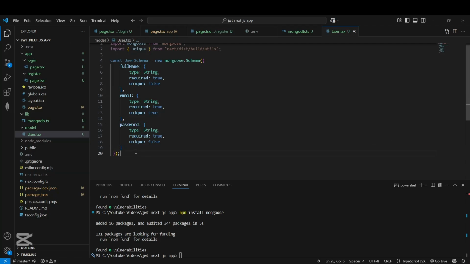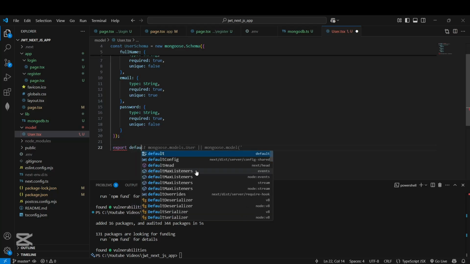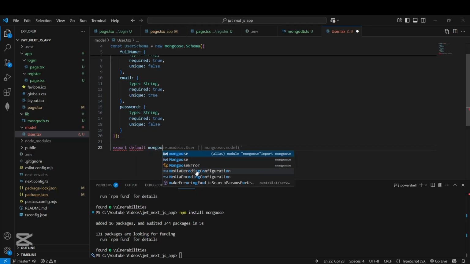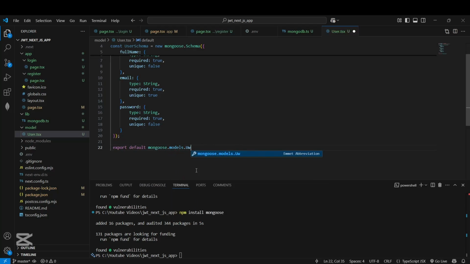Okay, and let's export now this, export default mongoose model dot models user or